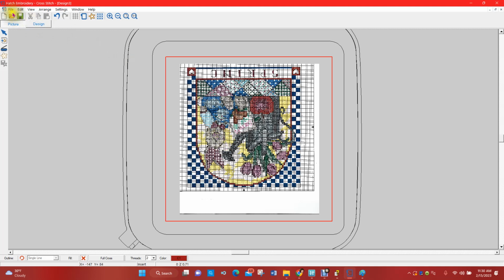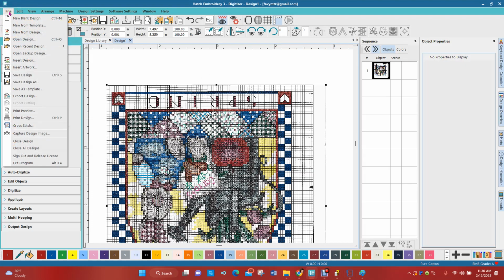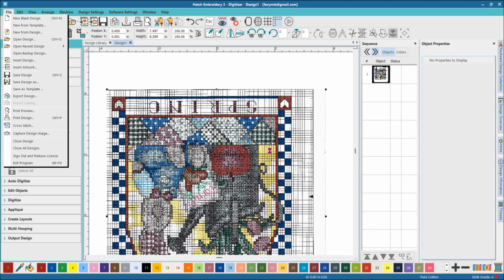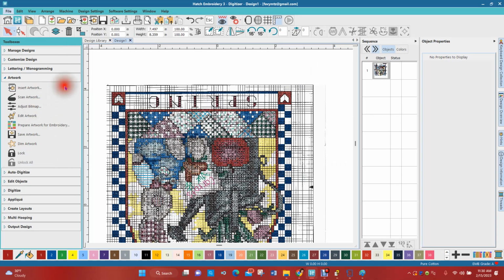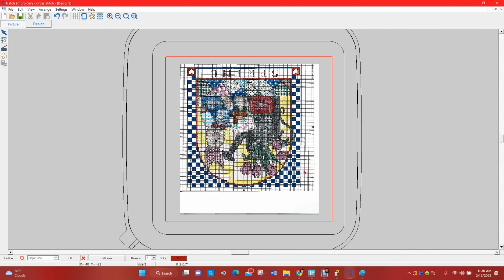But first of all, let's take a look at the toolbars, because when you first start a new project, there's a couple of different ways that you can do it. You know that the way that you get here is through your main Hatch program. You come up to the File tab and you come on down to Cross Stitch, and that's what opens the Cross Stitch add-on, which is called Cross Stitch Gem. Looks like I just confused my program. Okay, so I already have my program open for Cross Stitch,